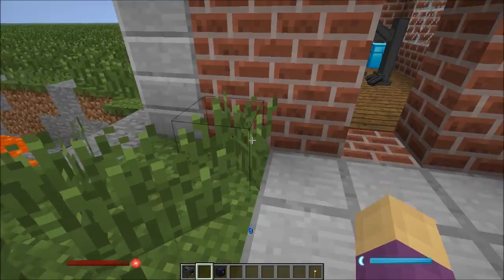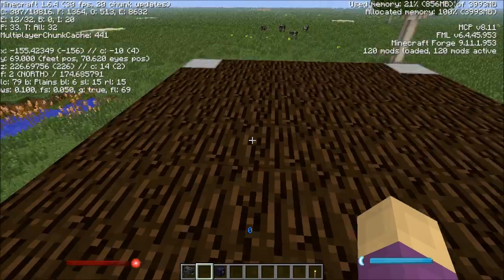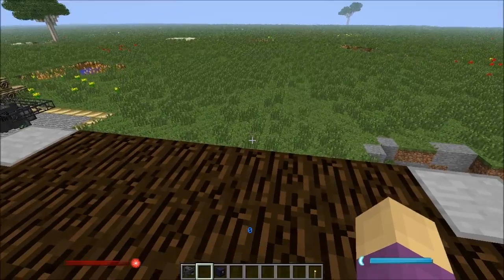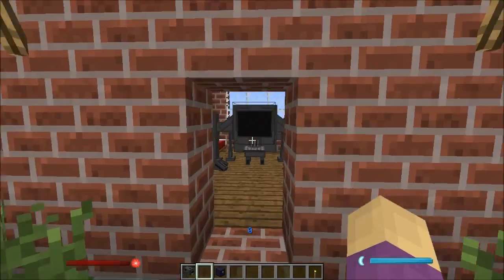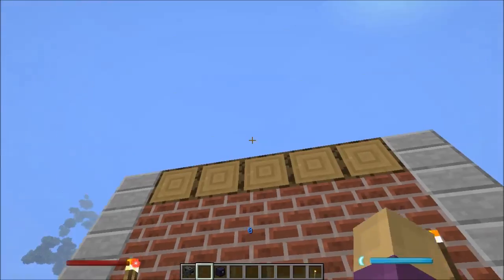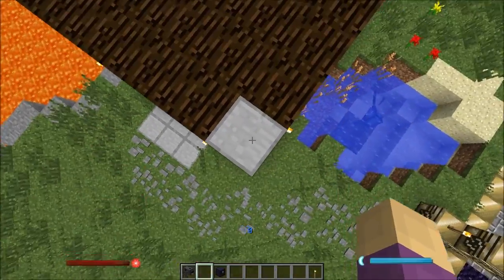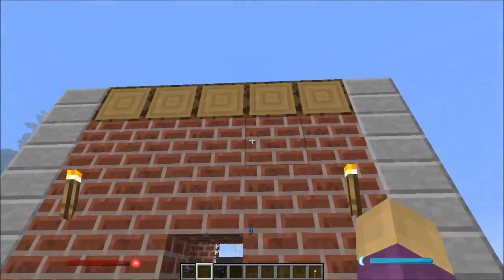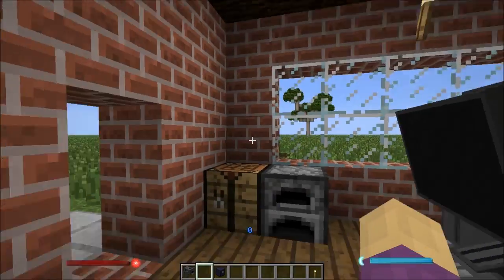Why, oh why? That is very interesting. I think I found a bug. Log orientation changes the targeting. It'll only do vertical logs, not horizontal. I'll have to talk to Aidan about that, but the basic gist of it is what we've got now is